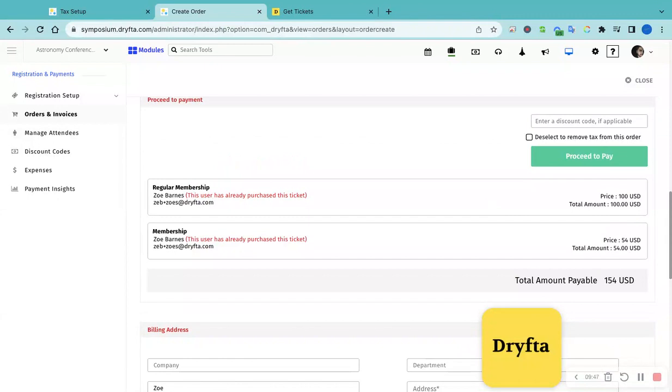So yeah, this is an option for admin. In case there are some special cases where they do not want to charge any taxes, they can simply use this option. So to give you a recap, here are the things that the